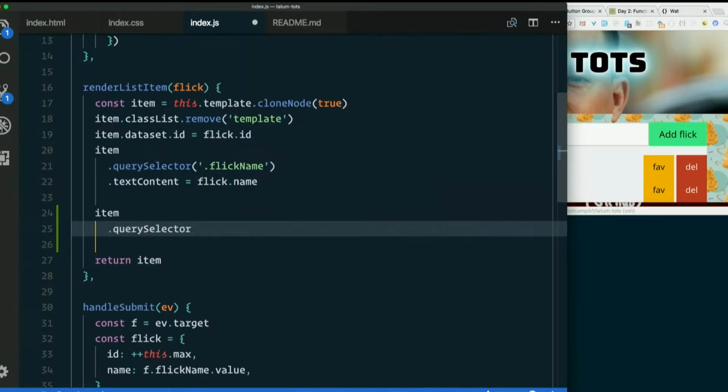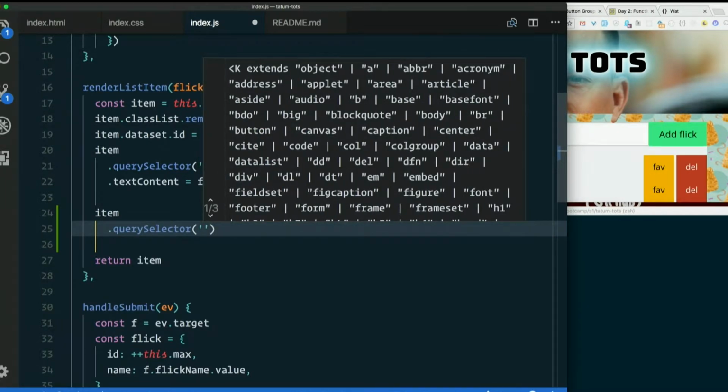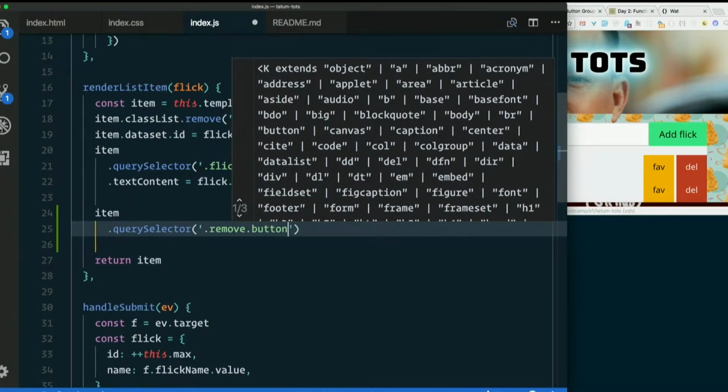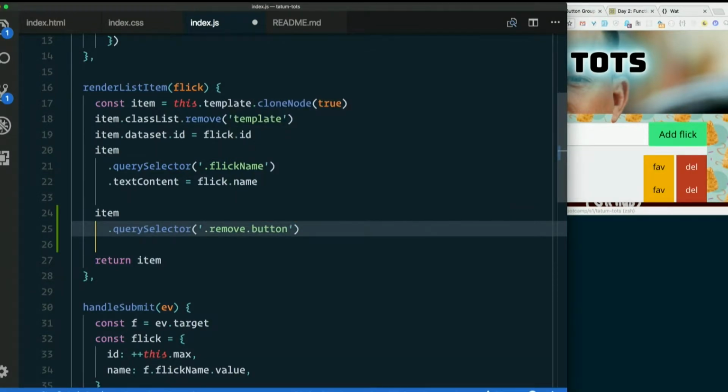But you can always look inside another element for a selector, and it will get just the descendants of that element that match the selector. Selector I'm going to do, I want to find something that has the class of remove, that also has the class of button, which also ends up reading kind of nicely. Remove button, right? That's exactly what we're looking for. So if you have two different classes and you want them to be on the same element, you don't put a space in between. This finds an element that has both of those classes. Once I have it,